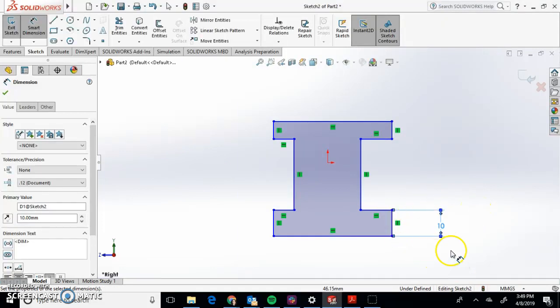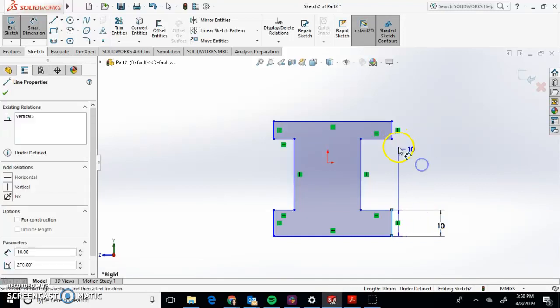So it is 10. And then, instead of putting 10, 10, 10, 10, they're 10 all the way around. So what I'm going to do is make this one,